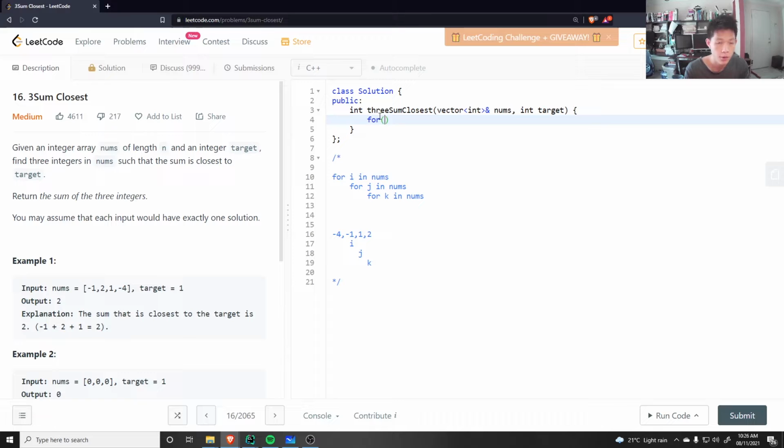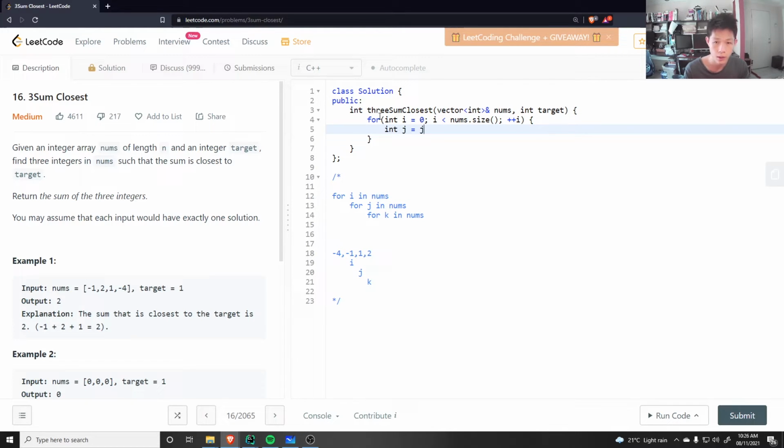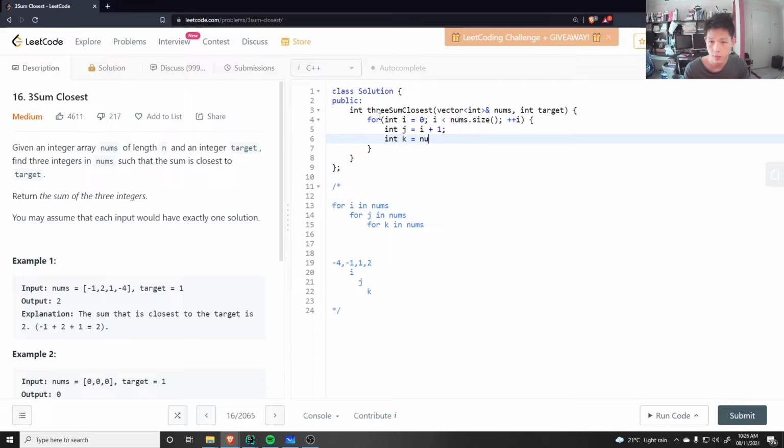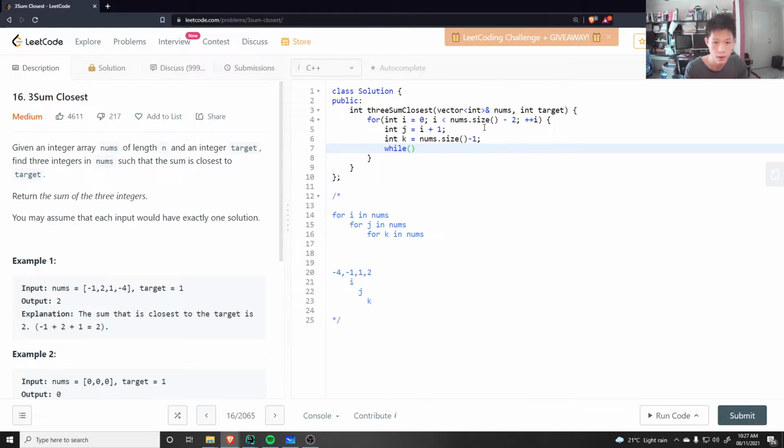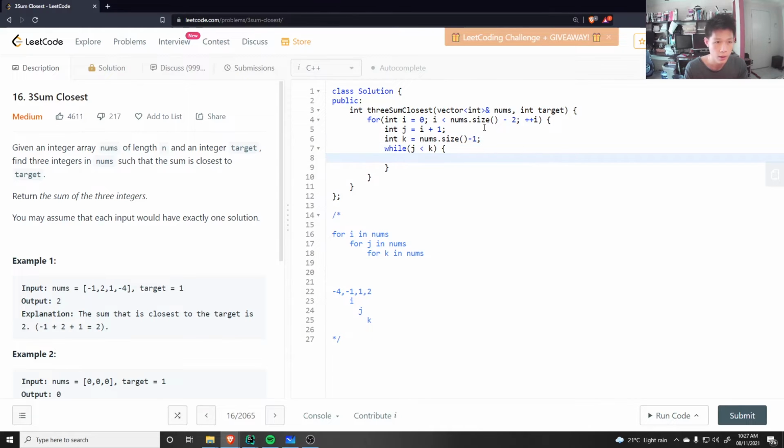We could have for int i is equal to 0, i less than nums.size, plus plus i. We could start j at i plus 1, k at nums.size - 1. I actually want to stop at nums.size - 2 because, say for example here, there are 4 numbers. If I do 4 minus 2, then I'm only working with this range here. We could have a while loop, so while j is less than k,